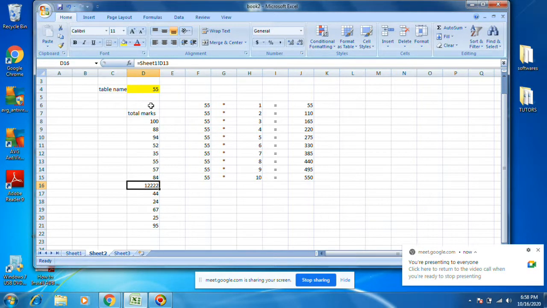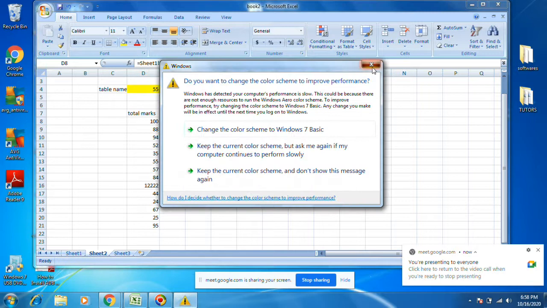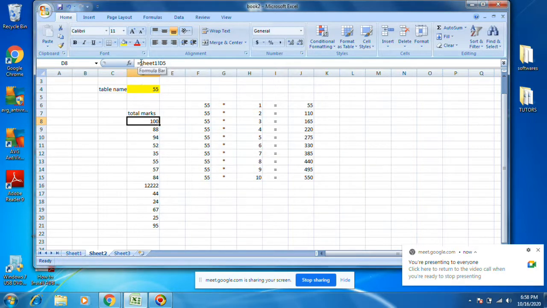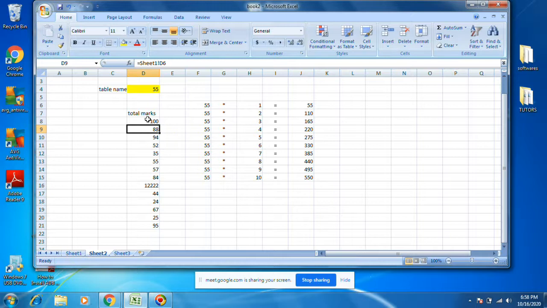That is another question. Here we kept a dollar before and after D. Here also we can put absolute reference. Let's try. Dollar before and after D. You see, the value is not changed.